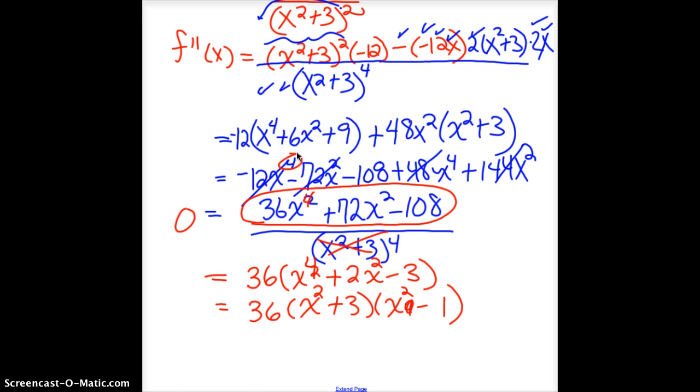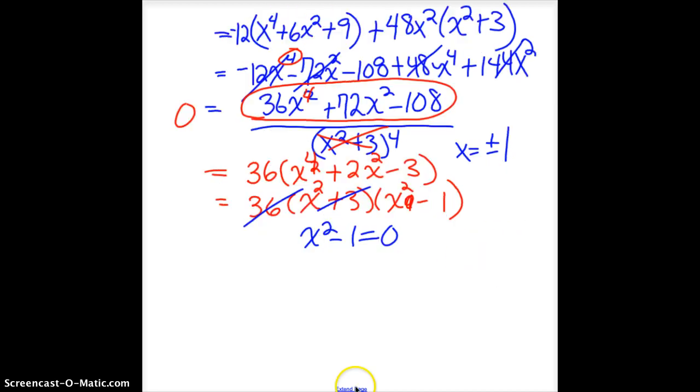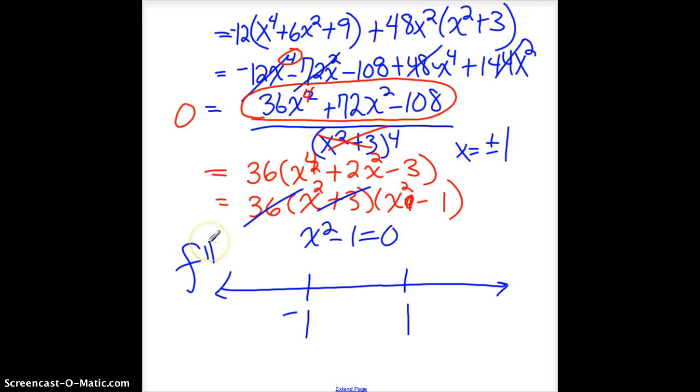So basically, what I'm left with here is the only way 36 times these two can be 0 is if x squared minus 1 is 0. This is always positive, which means x is equal to plus or minus 1. Those are the points I'd have to test for concavity. I do -1, 1, and I test them in the second derivative. And what happens with that one is it ends up